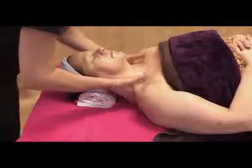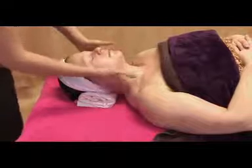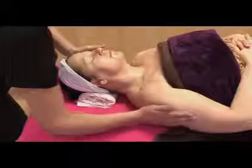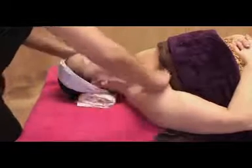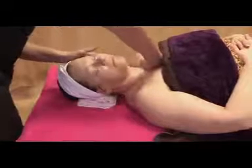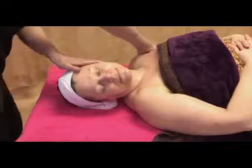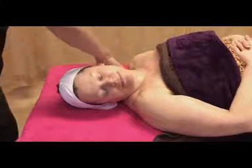Our next movement is trapezius rolling. Now with this, it's quite a tricky move. You have to get your arm around the shoulder, across the chest. You push the client's head to one side, stretching the trapezius muscle, and then you come up the back. And you count 1,